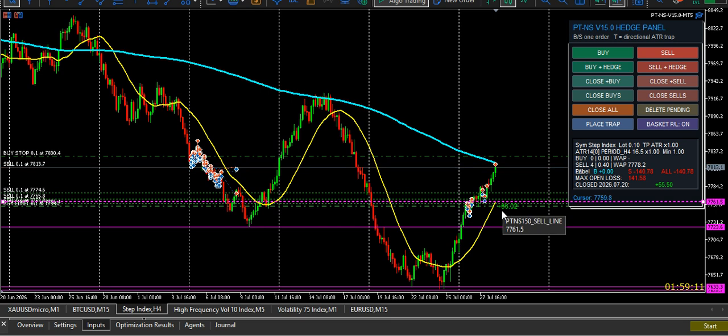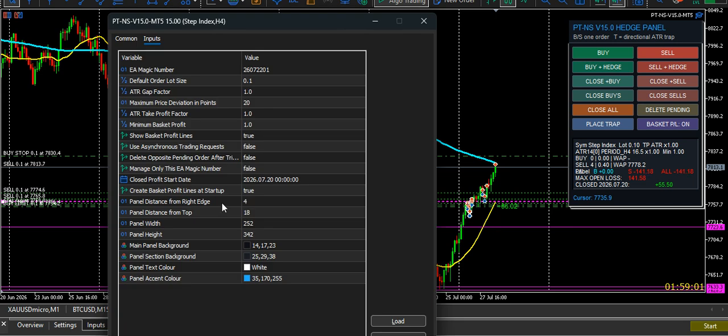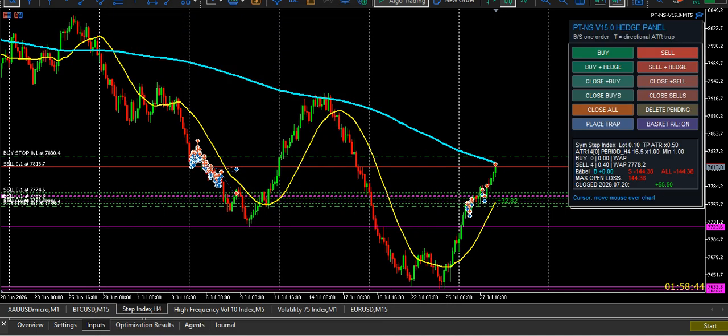And you saw how much closer it brought it. I can even go a bit more. I can go, say, a half an ATR. Let's do that. F7. And we say, right, I want my profit factor there. I want it 0.5. Okay. There we go. 0.5. Click OK there. Watch, that profit line moved up, and now it will take $32 for all of it.